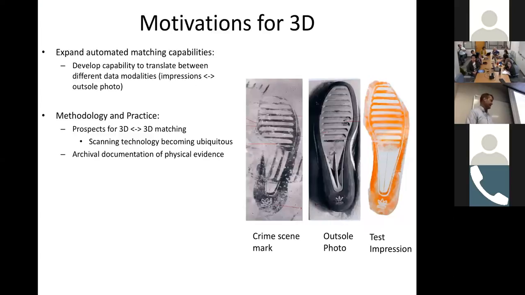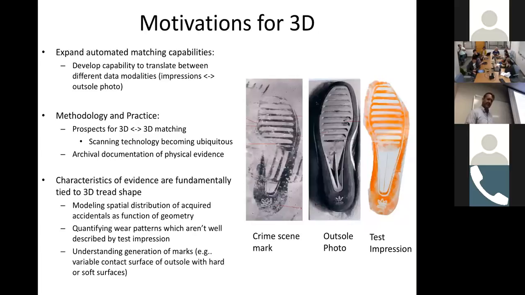The second, I think, motivation is that in terms of kind of methodology and practice, I think there's lots of prospects here for thinking about 3D to 3D matching. So in particular, sort of the technology for acquiring 3D shapes of objects is becoming more and more ubiquitous. And if you think about problems of kind of evidence archival, this is a very nice way to represent that data. So rather than, say, just having photographs of a test impression, to also have sort of a 3D scan of the shape of the physical object is appealing. And I'd say the final